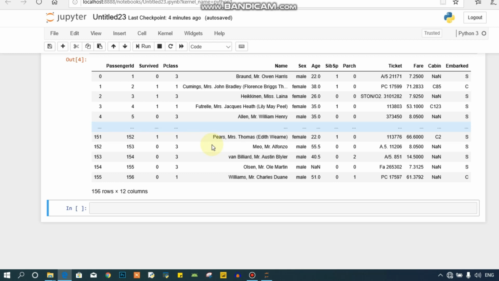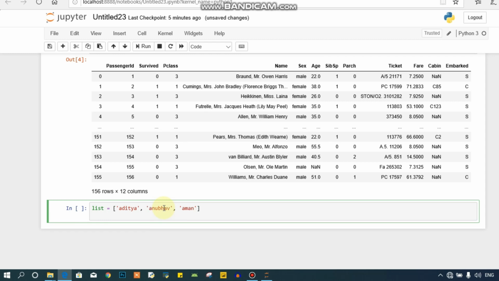Now let's see how we can form a data frame. So for making a data frame, let's assign a list first. Inside this list, I'm going to pass some names. Let me pass Aditya, Anubhav, and one more name, let's say Shubham. Or let's say Aman. I'm going to pass this Aman.